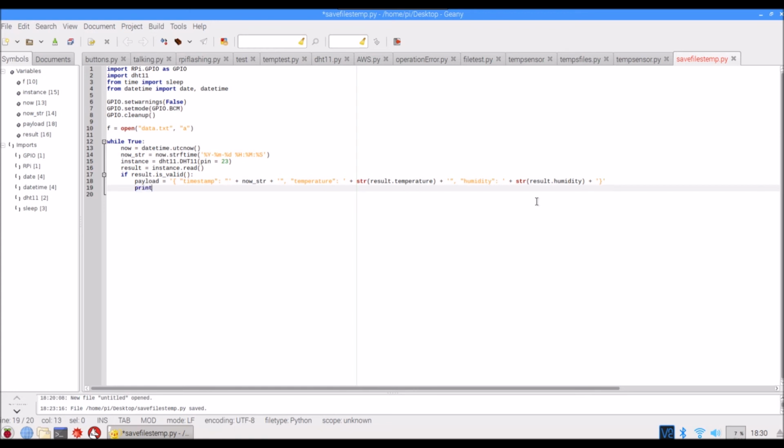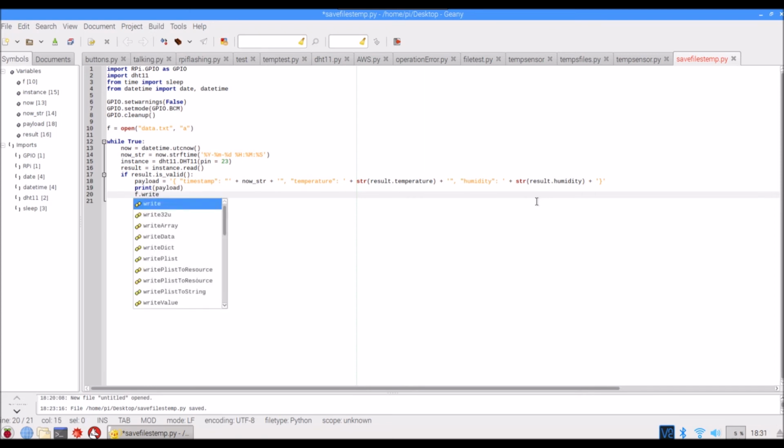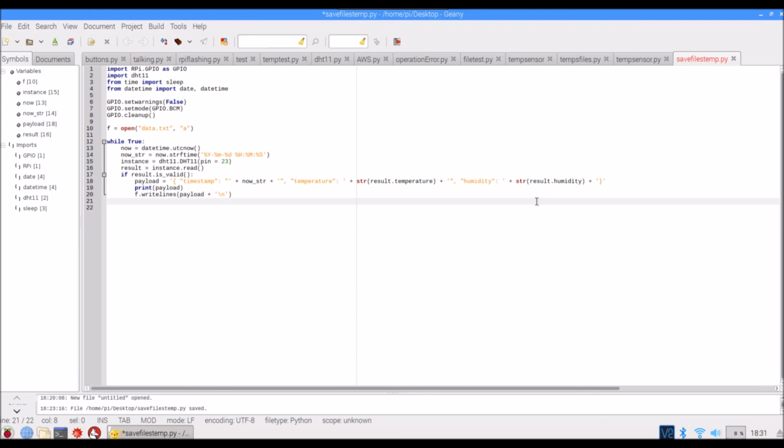So now we want to print our payload so that we can see it in the command line when it's running. And we know f.write lines payload plus \n and then f.close and then f equals open and that same data.txt